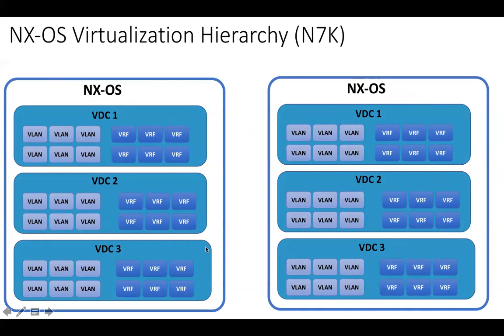In the same way, in this topology, on one Nexus 7K, we have created three VDCs: VDC1, VDC2, VDC3. I just wanted to let you know that here we have to think like we have three switches, and VRF in VDC1 is separate from VRF which is in VDC2. So OSPF on VDC1 is separate from the OSPF process which is running on VDC2. Okay.